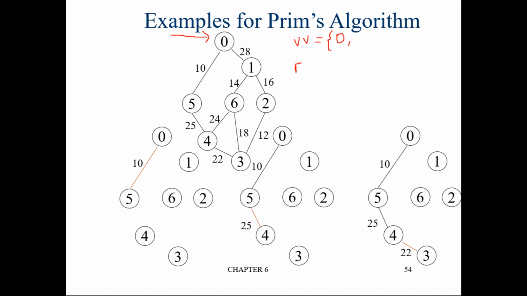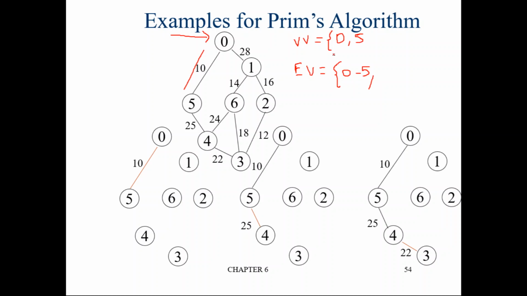And next is edges visited. Edges visited will be initially empty, since no edges were initially visited. So the algorithm starts with the root vertex. From the root vertex you identify the minimum cost edge and add it to the edges visited. Which is the minimum cost edge? 0 to 5 is the minimum cost edge. So just add it to the edges visited list. Now we have visited one more vertex also, that is 5. Add this vertex 5. So this is the state at the end of the first round.